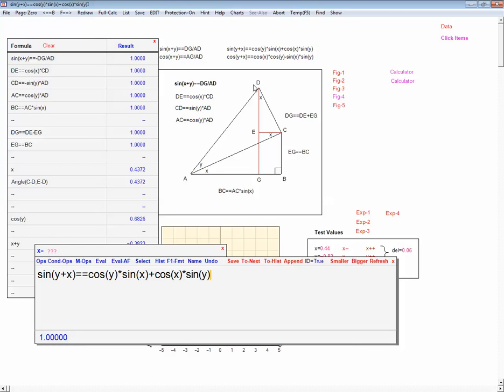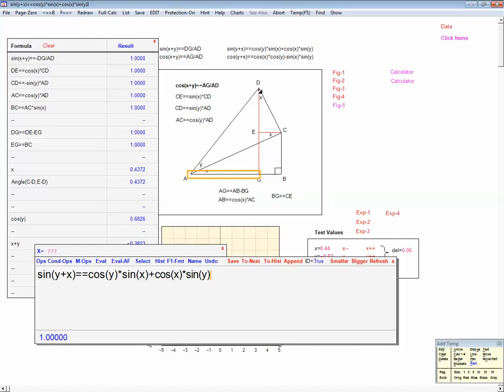formula. Now we could prove that in the same way by drawing a picture like we have here and putting the pieces together. The picture would be a little different. It would look like this, and you would now be focusing on AG over AD. So you'd be focusing on this AG divided by AD. And you would set up your four equalities just as you did before and substitute away. But I'm going to do it a slightly different way, just to show you why we bothered with some of our simple